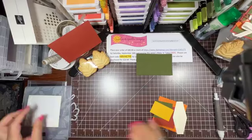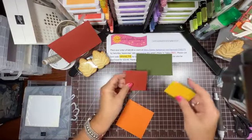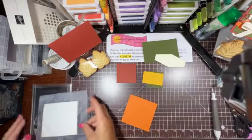All right, next we're gonna do some die cutting, right? So I have this right here, and this is from